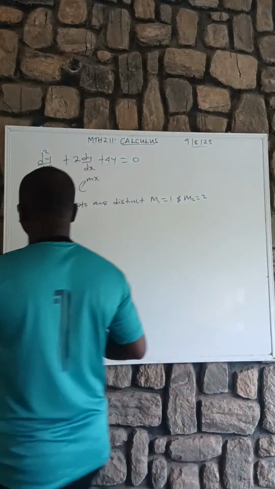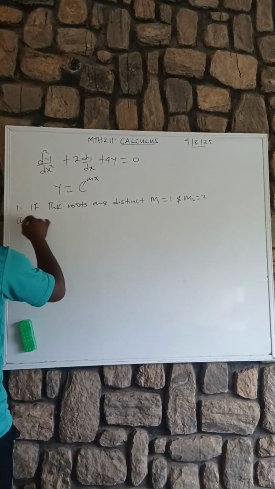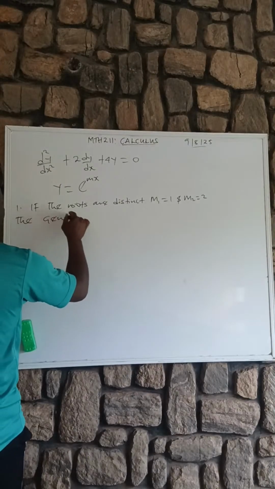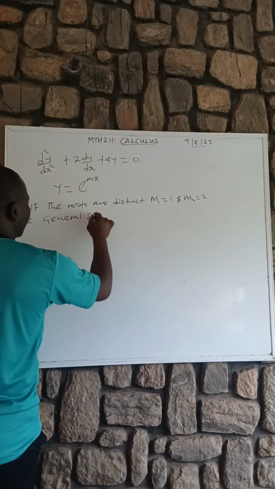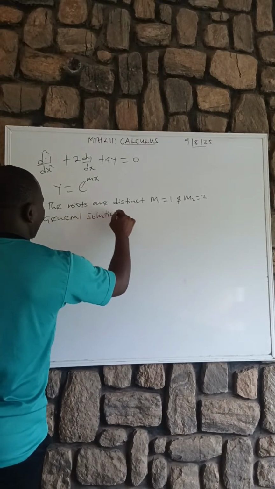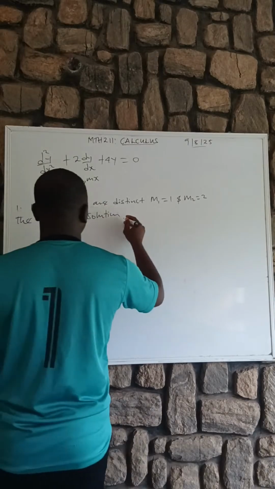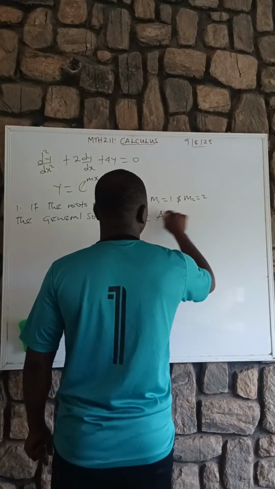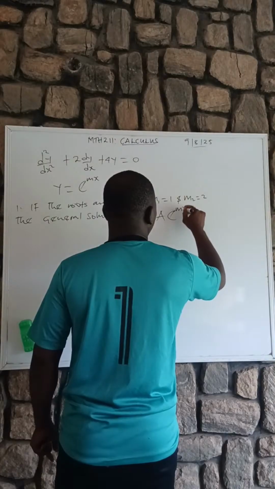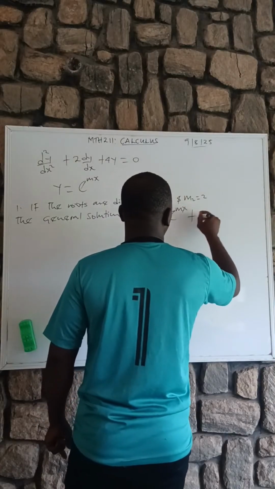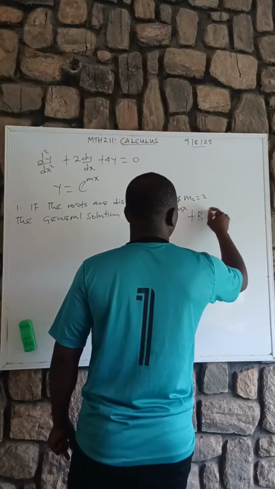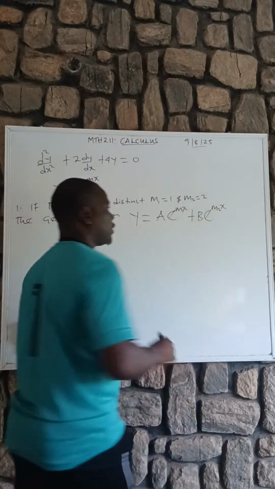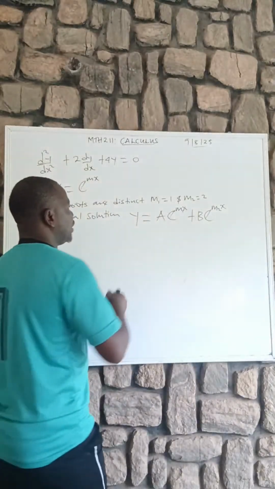It means the general solution, take note of this, the general solution will now be y equals a e^(m1x) plus b e^(m2x). But sometimes in some textbooks they use